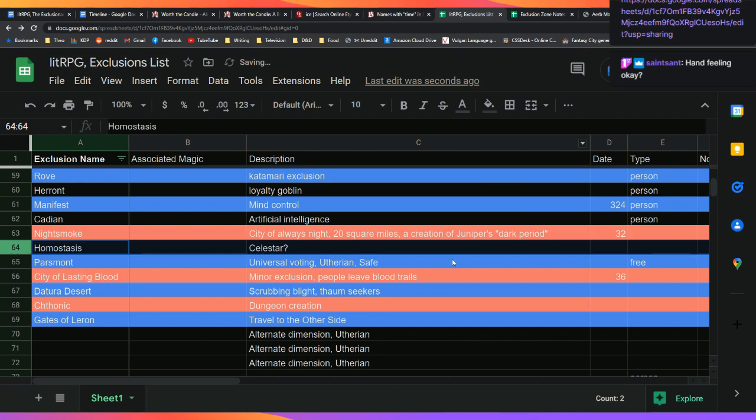So someone pointed out that homeostasis appears in here twice. My hand is feeling totally fine. I actually do need to do my hand exercises first. I'm going to do that. It takes like 5 seconds, but it helps stretch the tendons out. So I'm going to do that real quick. Okay, great. Thanks for the reminder.